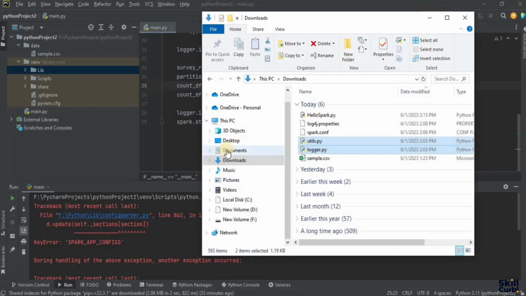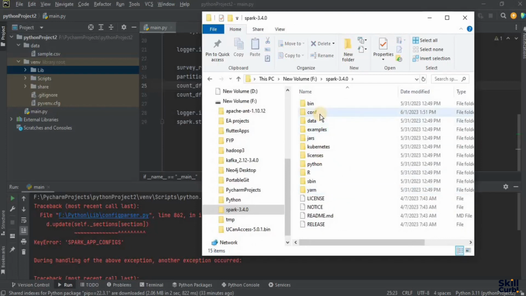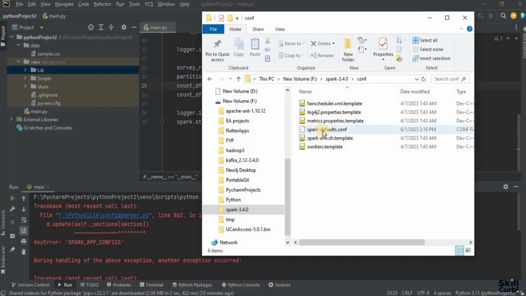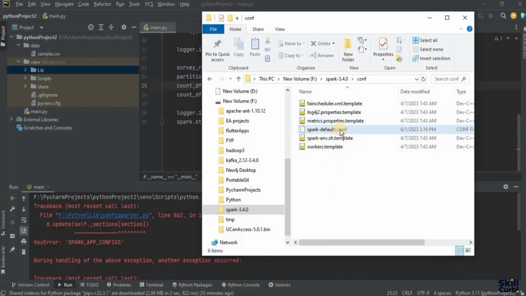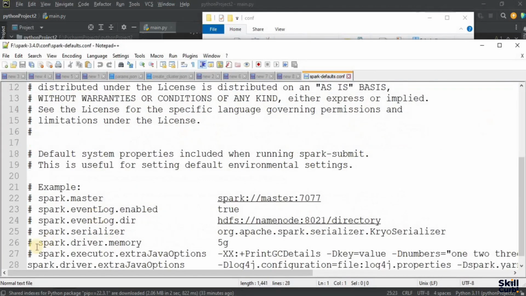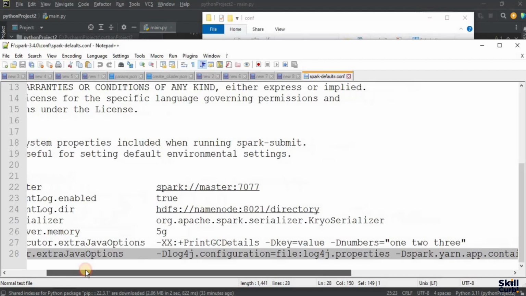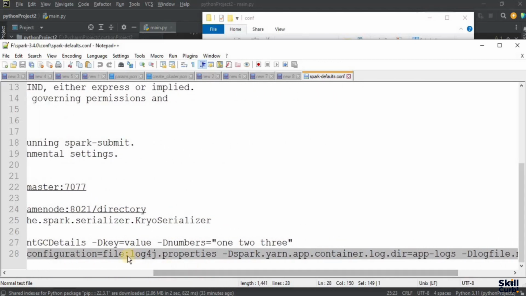So open your file explorer and go to the directory where your Spark is present. Go to the conf folder, and once you click on it, you will have to find the spark-defaults.conf file. Your file will have the .template extension. Right click on it, click on rename and remove the .template extension. Then open this file and add this line inside it, which is spark.driver.extraJavaOptions, and after that you have to provide these values. You will see that it has a value